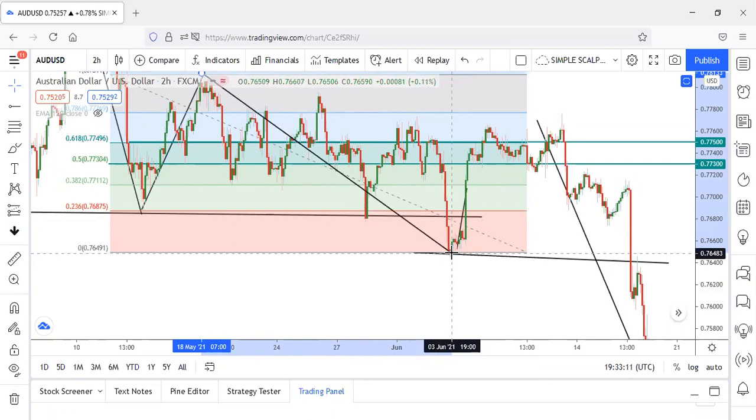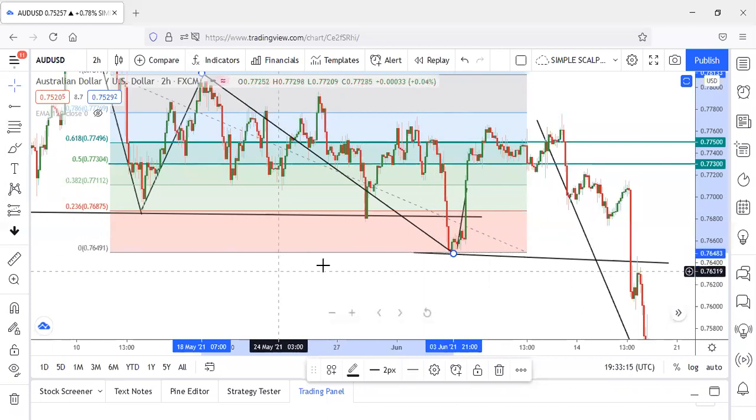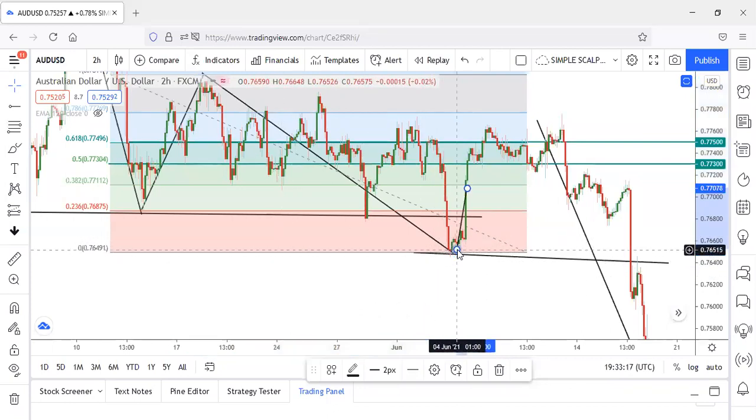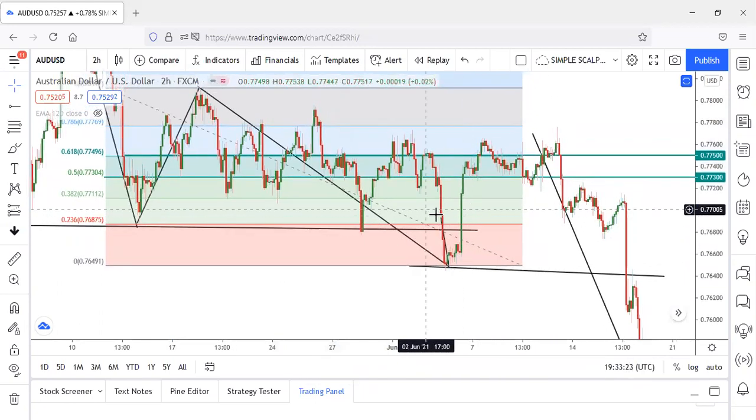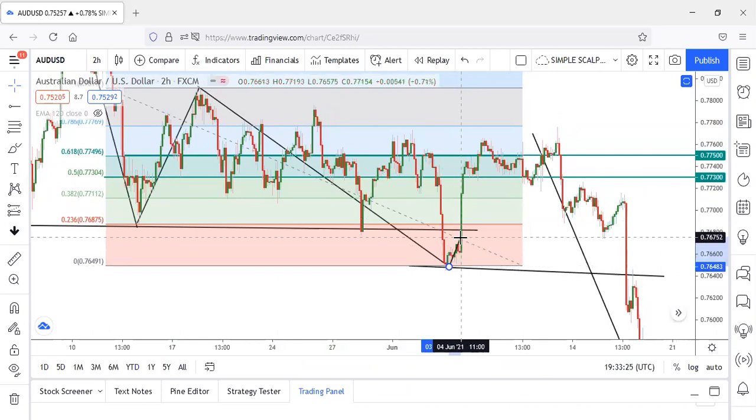Now, it's a confirmation to you and I that price is ready to keep going down, but it won't go in just yet. So how can we start looking out for the Fibonacci area